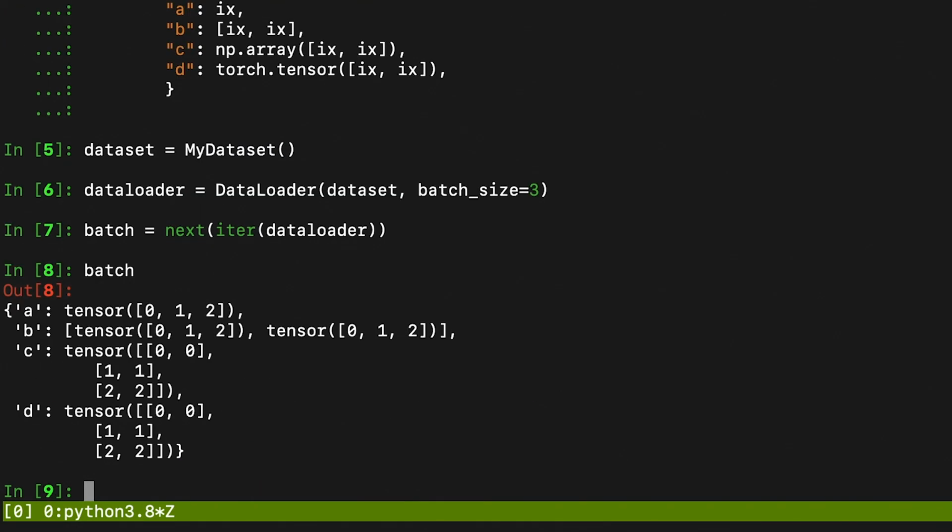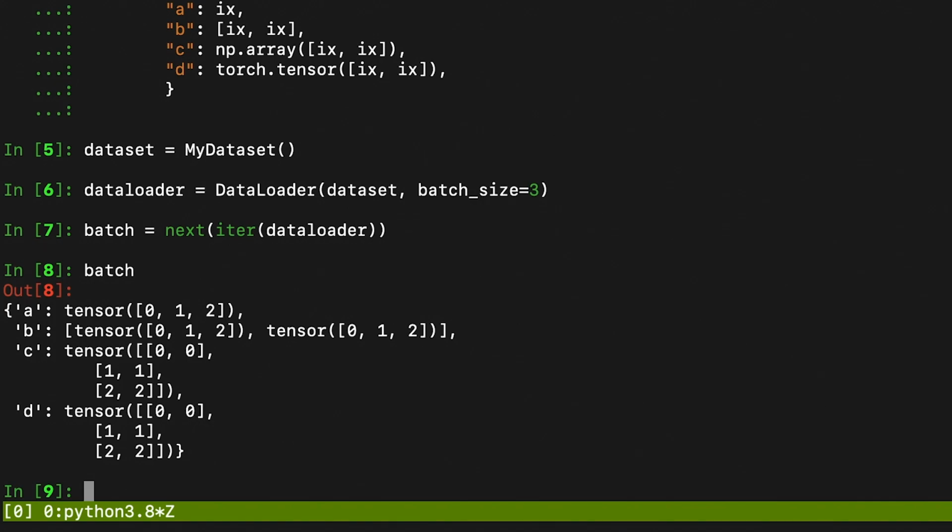As you see, the default behavior kind of depends on the type of the value of the dictionary. A was originally an integer or a float, and as you can see, the data loader batched it into a one-dimensional tensor. B was initially a list of 2 elements, and here the data loader actually did the batching element by element. The C and D are both torch tensors, and they are identical. What's really important is that this default behavior turns NumPy arrays or floats into torch tensors. Alright, so now we understand what is going to happen when our get item returns a dictionary. But what if I was not happy about this default behavior?